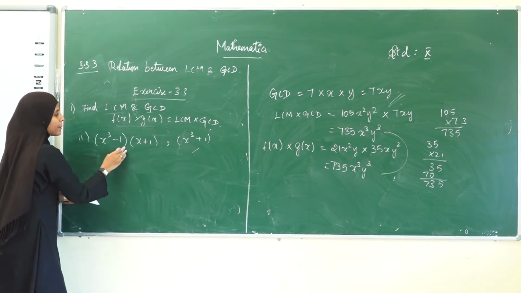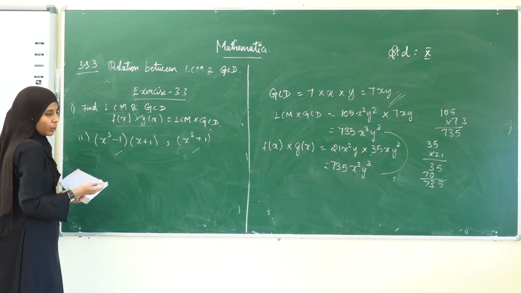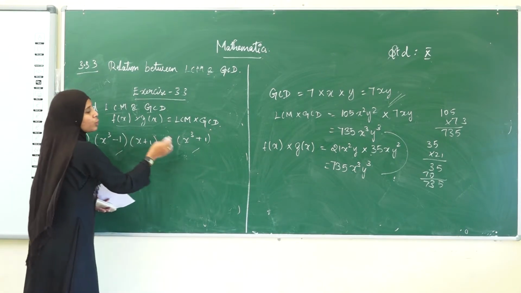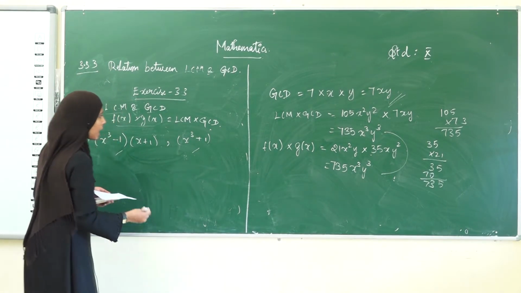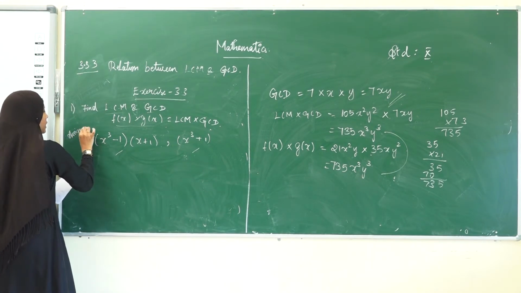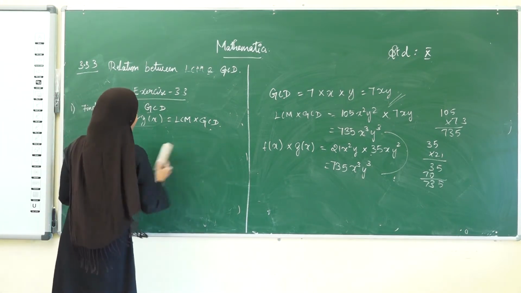We have to multiply these two terms, and then multiply the LCM and GCD that we have found. You should find the LCM into GCD and then prove that these two multiplications are equal. This will be the assignment for you guys. Hope this will be very easy. That's why I am giving you this assignment. Okay, now let's move on to the third subdivision.